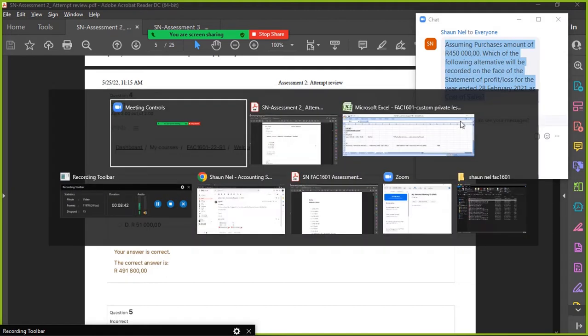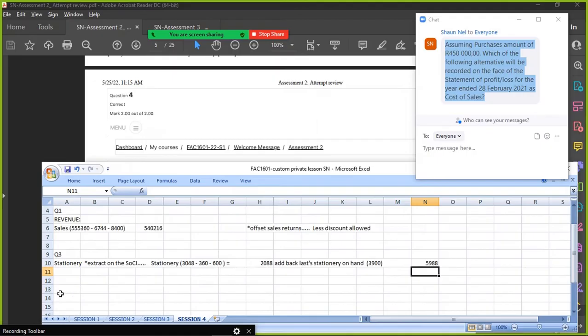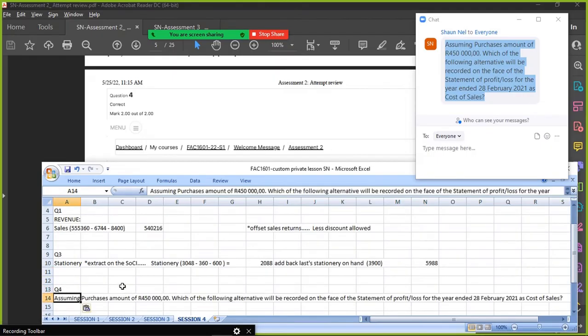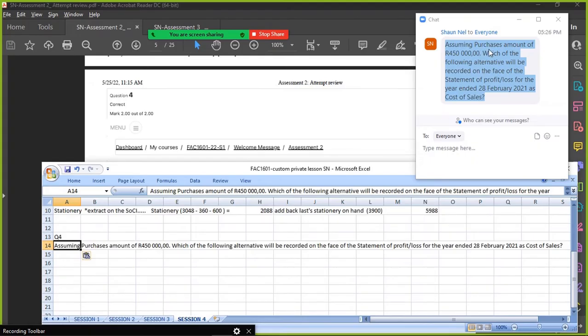Okay, so this is a cost of sale calculation. All right, so when you have question 4, paste. Okay, so here they're assuming purchases, and they said which of the following alternative will represent cost of sales on the face of the income statement. So you should know from your FAC1601 that there are 2 different systems. The periodic system requires a calculation